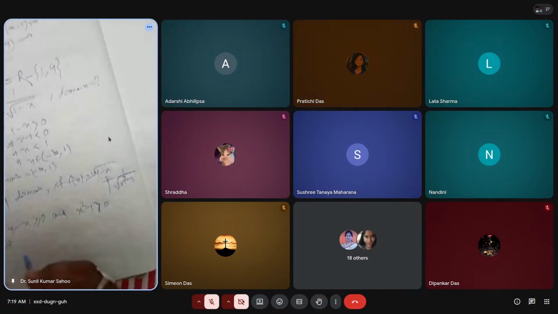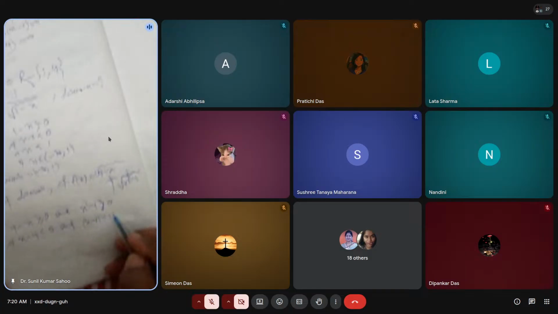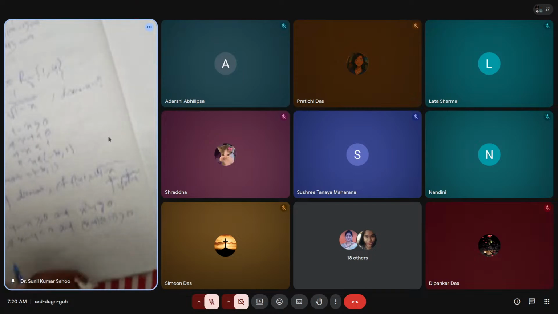So here 4 minus x greater than or equal to 0. Multiply both sides by the negative sign: x minus 4 less than or equal to 0. And x square minus 1 greater than 0. Apply the formula a square minus b square, so write x minus 1, x plus 1 greater than 0. Okay. And here x less than or equal to 4 and